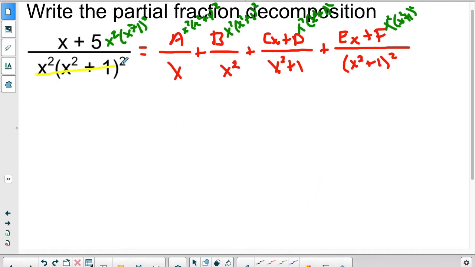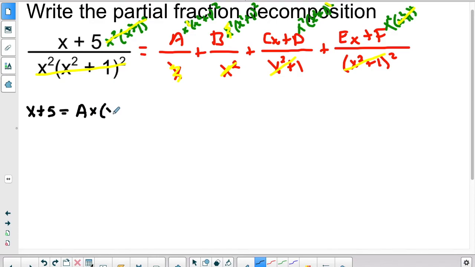Now luckily for us, this and this will cancel out completely. One of these x's will cancel out with one of them, so we'll still have 1. x squared and x squared simplify out. One of these will cancel out with one of these, and both of these will cancel out with both of these here. So what we're left with is x plus 5 is equal to